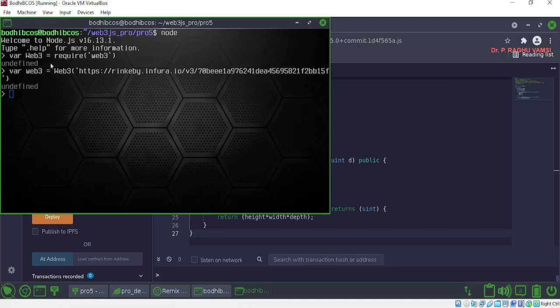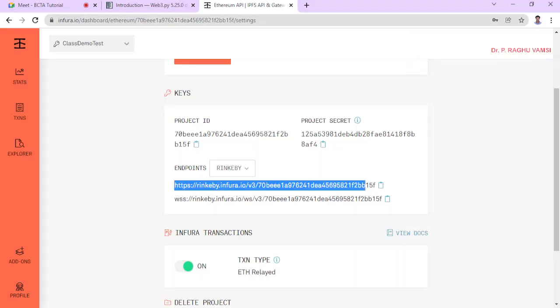In order to deploy these contracts onto this network, we have another mechanism using the Truffle IDE, which we'll see in the next lecture: how to configure the contract using the Truffle IDE, how to compile, how to deploy, and how to choose the network ID on which the contract has to be deployed. That we'll see in the next lecture. But for the time being, this is the method with which you can take the services of Infura and deploy your contracts onto the Web3 provider URL.